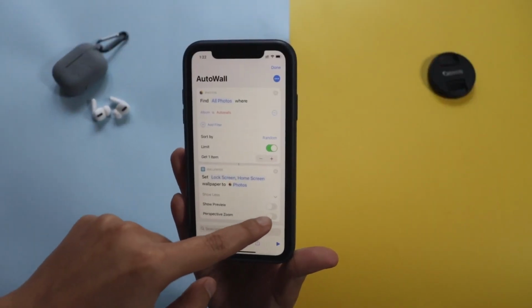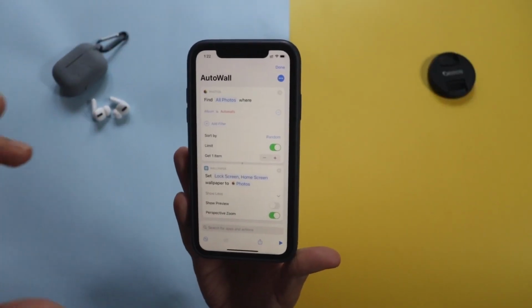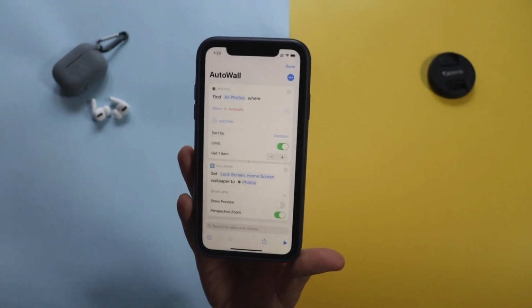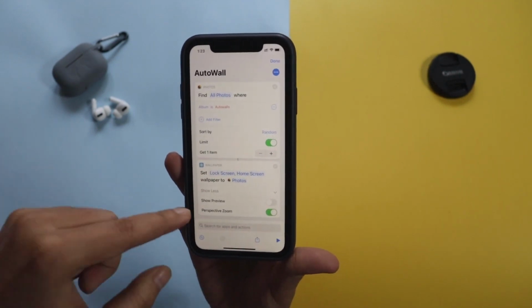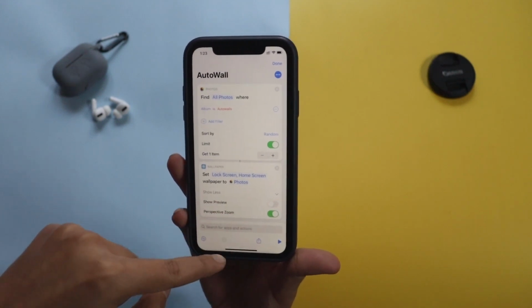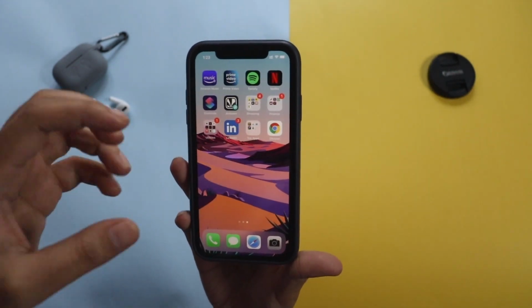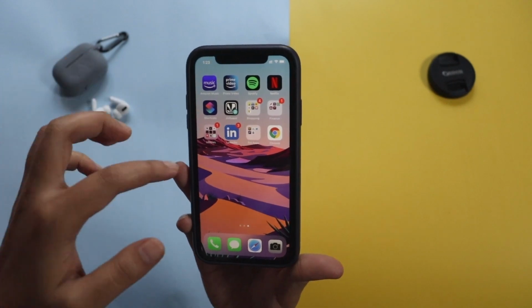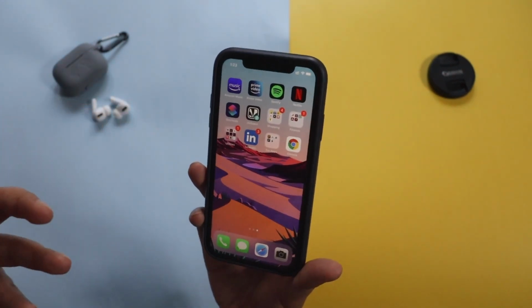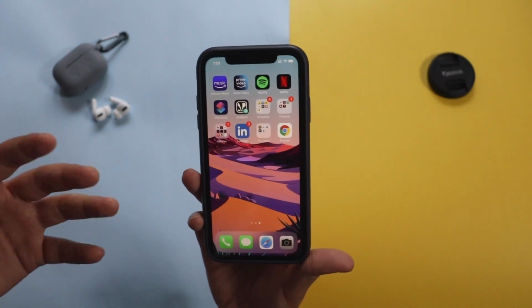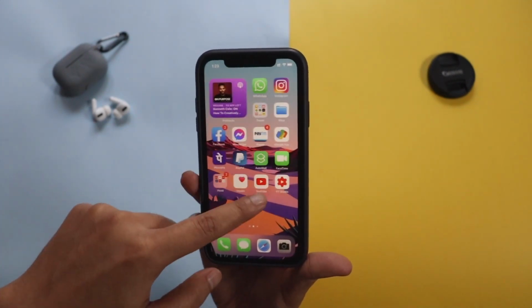You can turn this off and on. Earlier it was not available, only the Show Preview option was there. Now you can turn on Perspective Zoom. What it does is, if you have any custom wallpaper set with the help of this Auto Wall shortcut, it gives you that parallax effect on your home screen. So that's new.